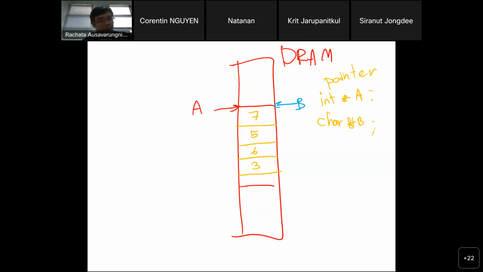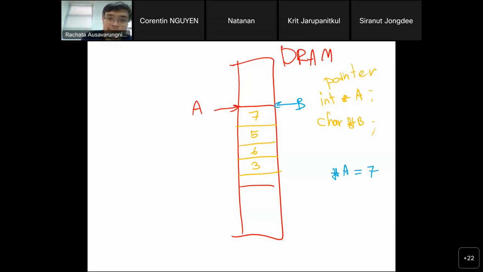So what is the value of star A? If I do star A, what is the value? Star A is going to equal 7, right? Because it's an integer, 7 is also an integer, so it points to the integer, and then you get 7 back, right? At least at this point, is it more clear? Is it clear now about A?